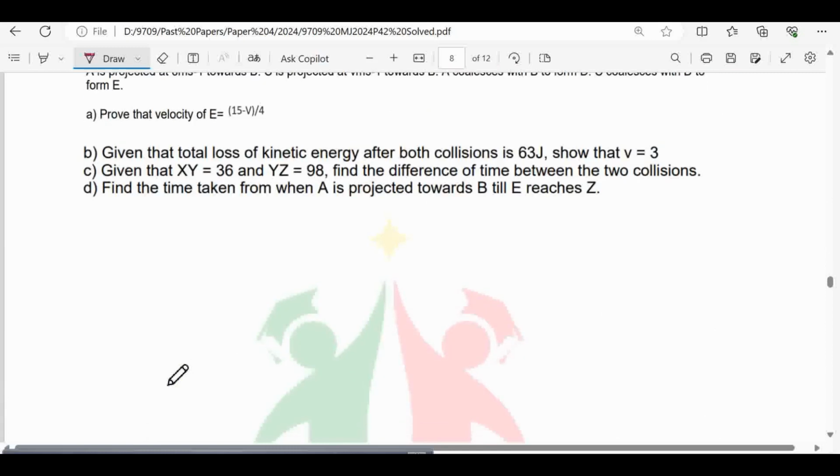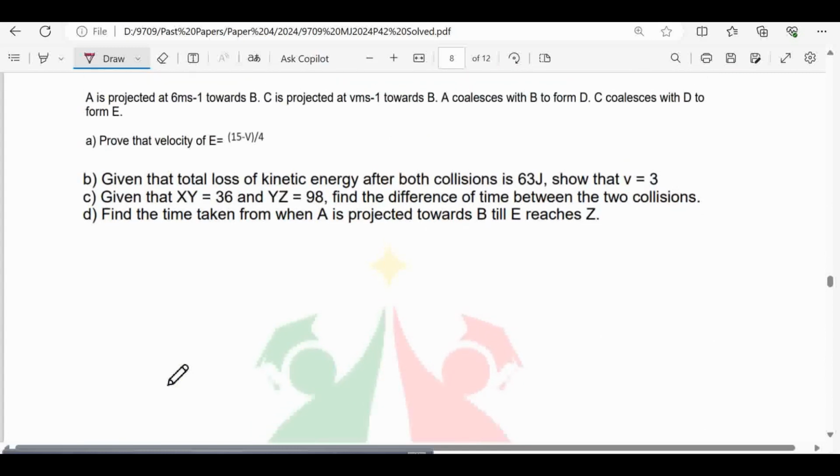Let's move to part B. Given that the total loss of kinetic energy after both collisions is 63 joules, show that V is equal to 3. Now what we have to do is we need to see the kinetic energy lost, the first lost kinetic energy